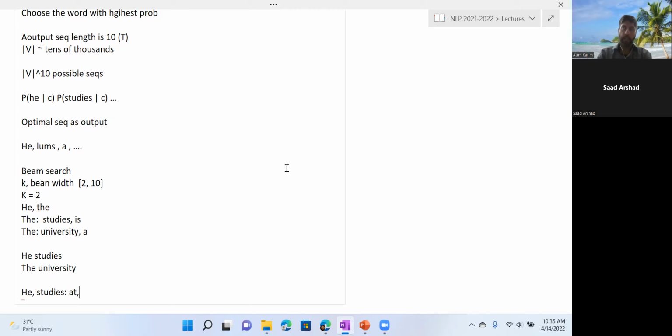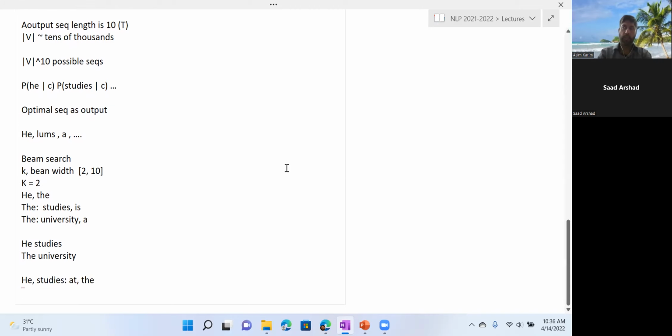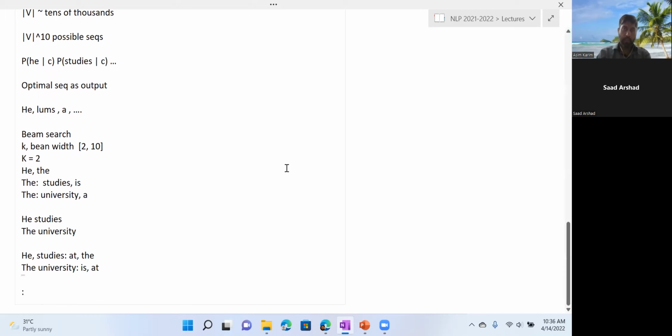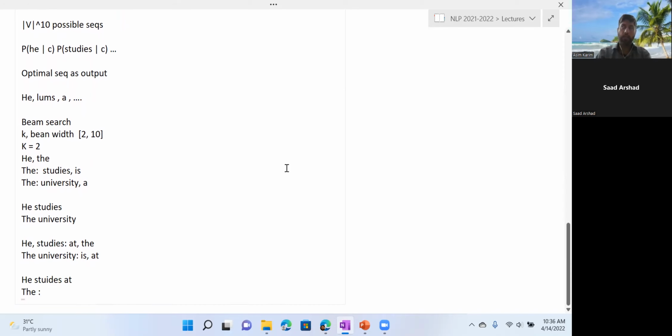लेट्स से आपके पास एक एट आ गया और दूसरा दी आ गया, लेट्स से. ठीक है, तो ये दो ऑप्शन इधर हो गए. फिर दूसरे के भी दो ऑप्शन आएंगे, दी यूनिवर्सिटी, इज आ गया लेट्स से, एंड एट आ गया लेट्स से. अब इन चारों में से, ऑप्शंस में से, फिर आपने दो फिल्टर कर लें, द वन दैट मोस्ट प्रोबेबल. तो लेट्स से जो दो मोस्ट प्रोबेबल आते हैं, एक आता है ही स्टडीज एट हो गया, और दूसरा द यूनि मे बी